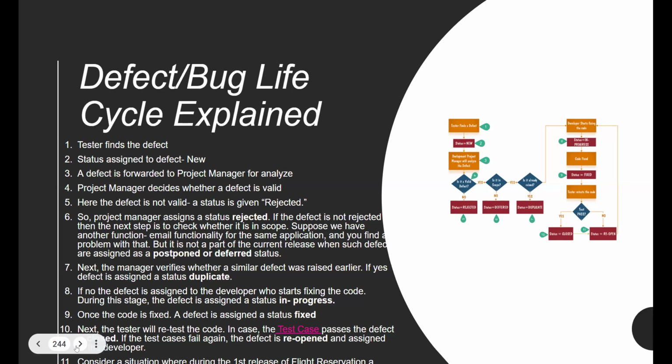So the next step is to now check whether it is in scope. But most of the time, everything is always in scope because you're talking about the applications here, right? So suppose we have another function, email functionality for the same application, and you find a problem with that, but it's not part of the current release. Such defects are assigned a postponed or deferred status, meaning that